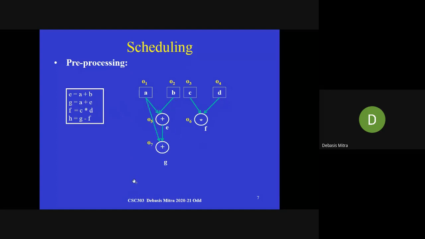So that can be evaluated in the next step. And finally, in the fourth step, the fourth statement can be evaluated. So in this way, we can construct a directed acyclic graph, which is sometimes termed as data flow graph or data dependency graph or sequencing graph, like this. The same graph may be referred to by different names. The idea is that this construction of the graph actually takes care of the data dependency of these input